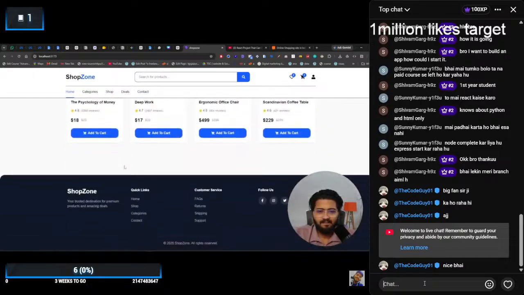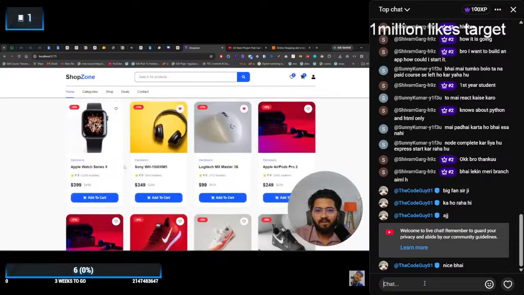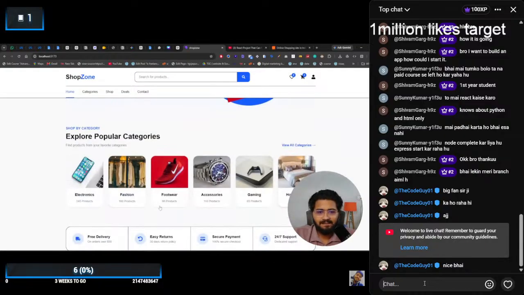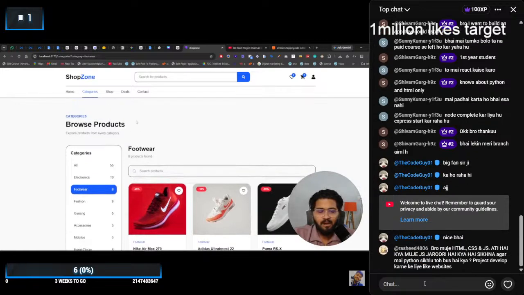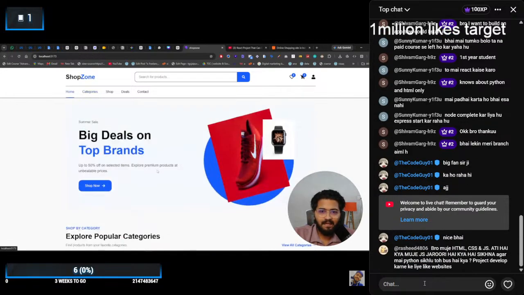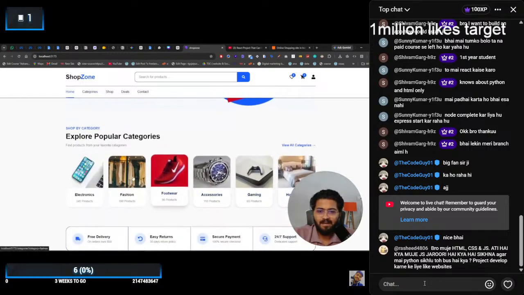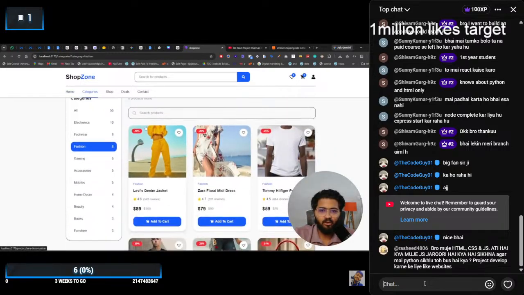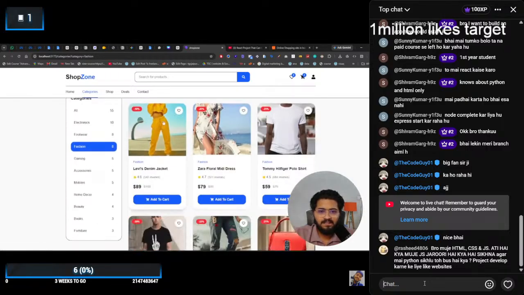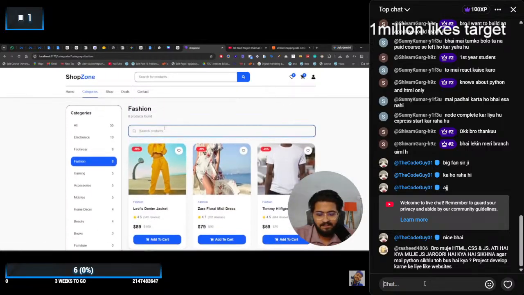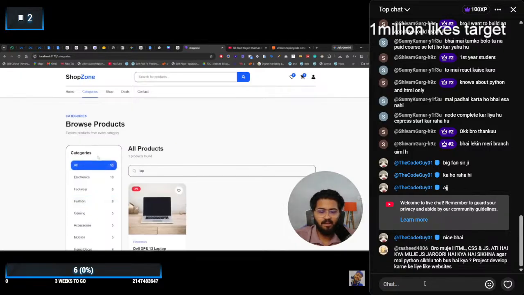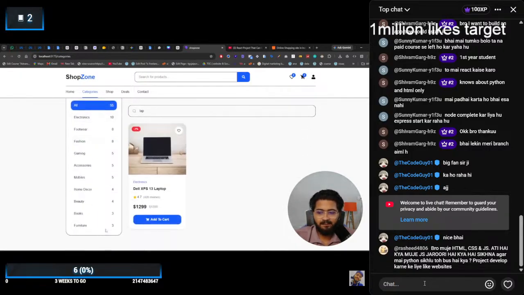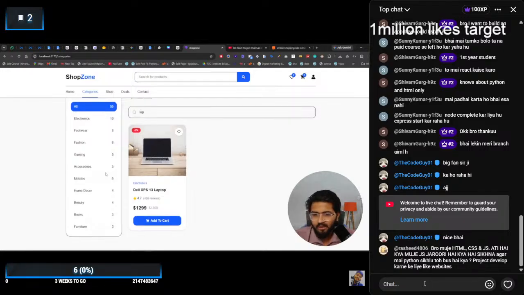ठीक है, होम पेज हमारा रेडी हो चुका है, उसके अंदर एक कैटेगरी का सेक्शन रेडी हो चुका है। अब जैसे इस पर क्लिक करेंगे कैटेगरीज पे चले जाएंगे। जिस भी कैटेगरी पे आप होम पेज से सिलेक्ट करके आओगे, उसी कैटेगरी पे जाने वाला है। देखो फैशन पे क्लिक किया तो फैशन की कैटेगरी खुल गई ऑटोमेटिकली। प्रोडक्ट सर्च कर सकते हो, सर्च की फंक्शनैलिटी बना दी है। जैसे लैपटॉप सर्च करना है तो लैपटॉप फैशन में नहीं आएगा, प्रोडक्ट्स में आएगा।